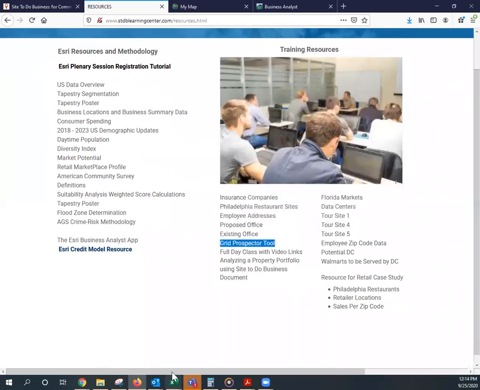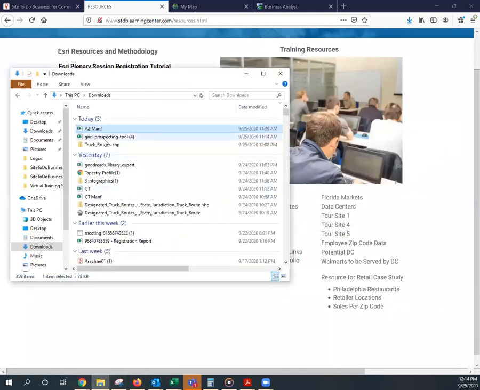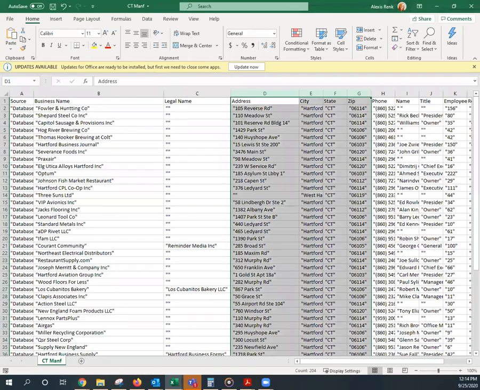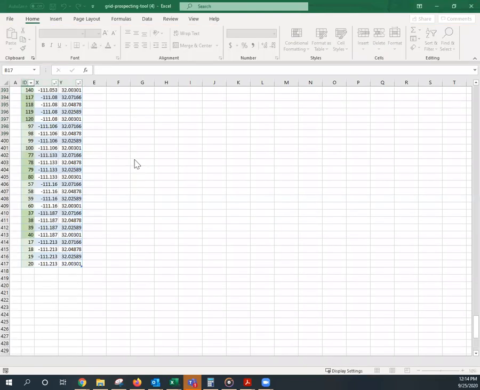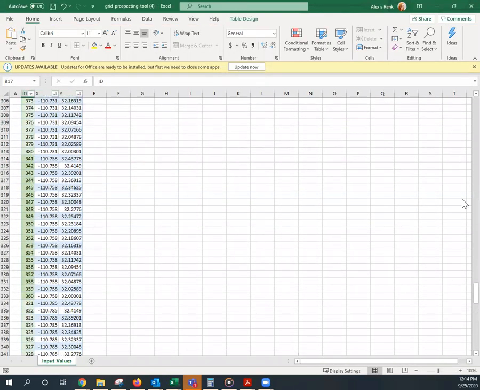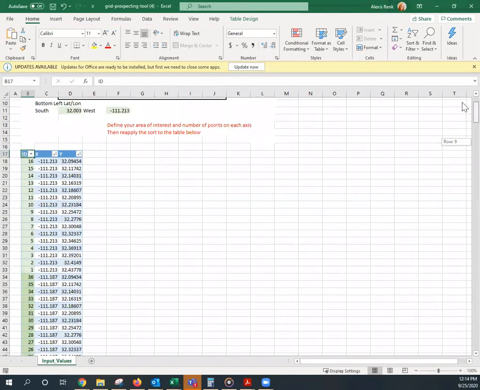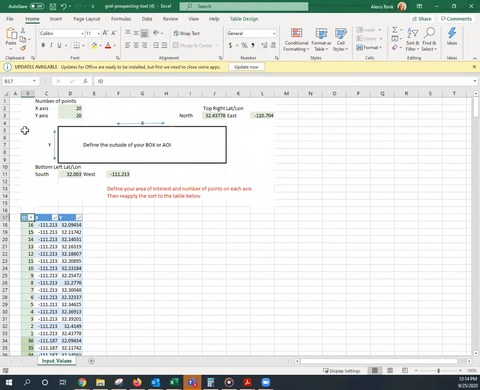I've downloaded it earlier, so I'll just pull it up for you so you can see what it looks like. I'm going to zoom up to the top. All you need is your latitude and longitude for the top right corner and your latitude and longitude for the bottom right corner. Because essentially what we're doing